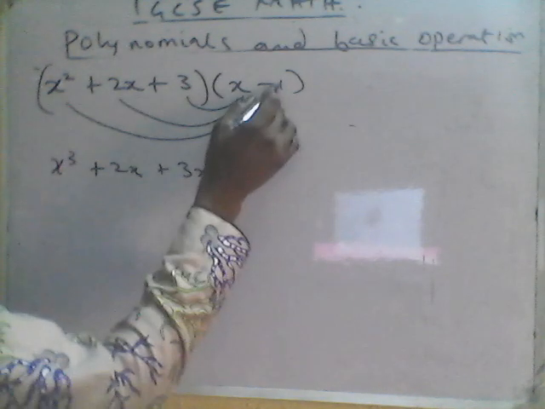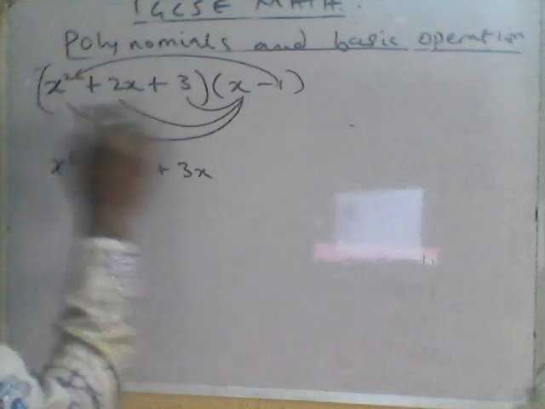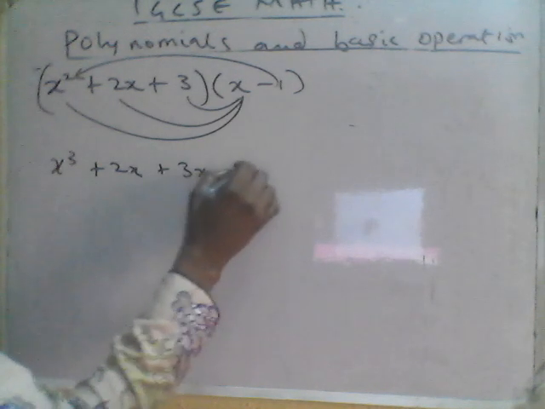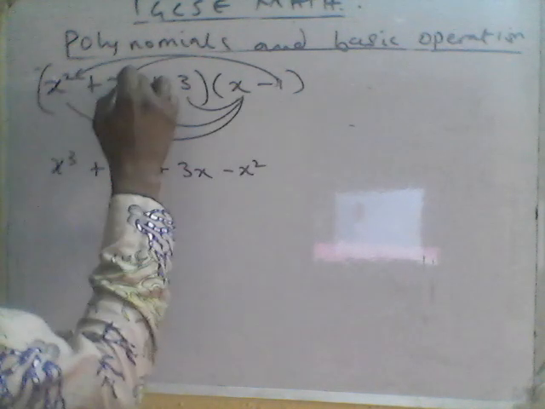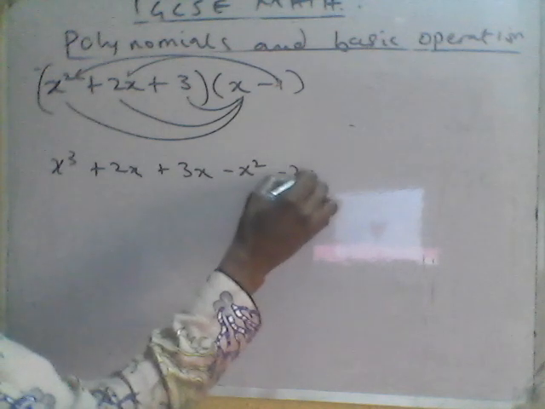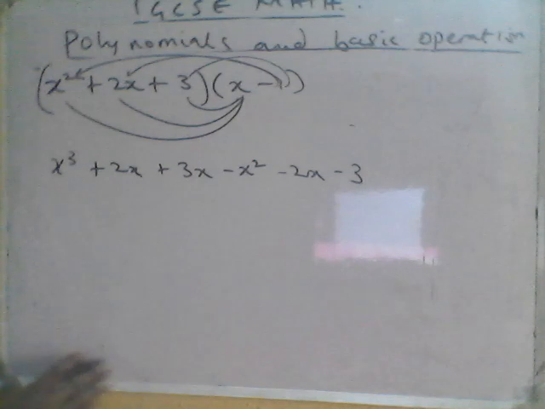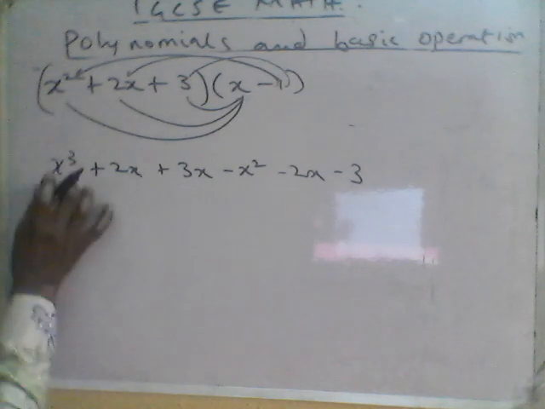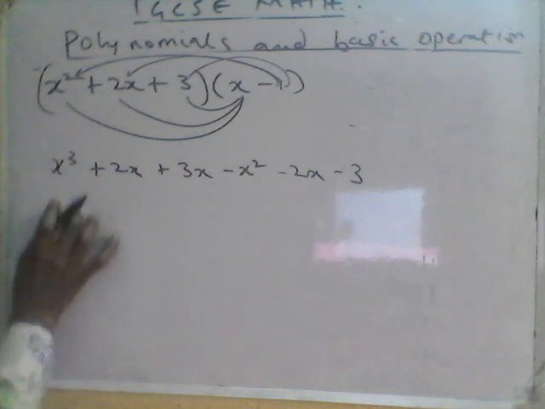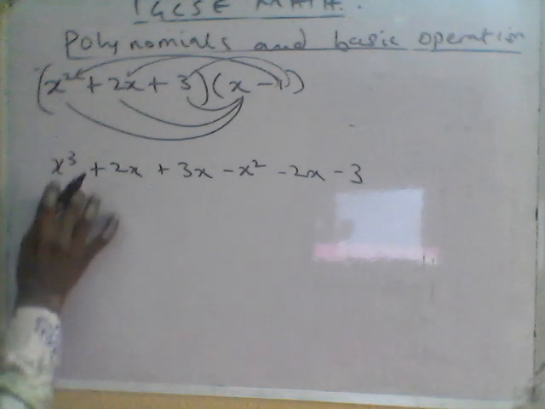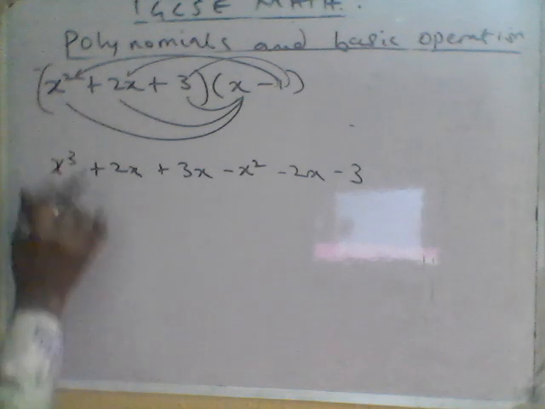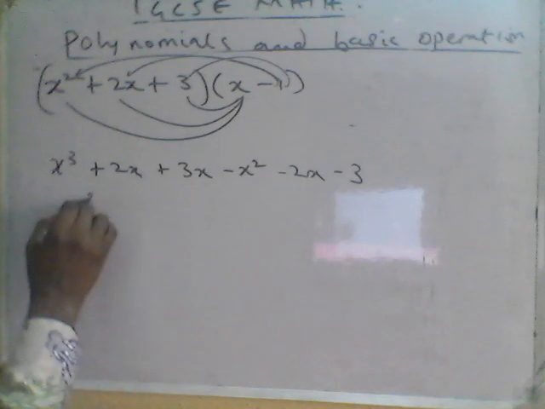Then for this one, minus 1 times x squared is minus x squared. Minus 1 times 2x is minus 2x. And minus 1 times 3 is minus 3. Okay, so you now collect like terms. So this is the only one that has a term that is positive. That's x raised to the power 3. So I have x cubed